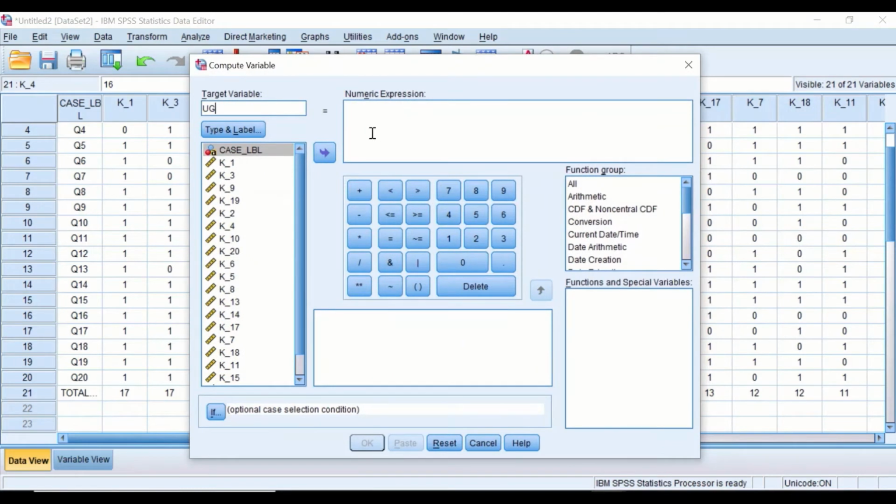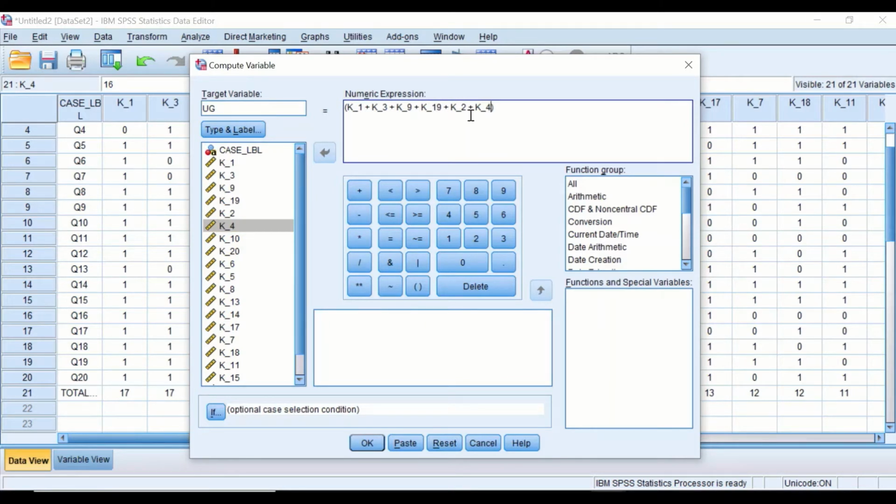So what we will do here is click on brackets, move the first value from the variable K1, and then add a plus sign, then add the second one, and then another plus sign, a third one, a fourth one, a fifth one, a sixth one. So we have here